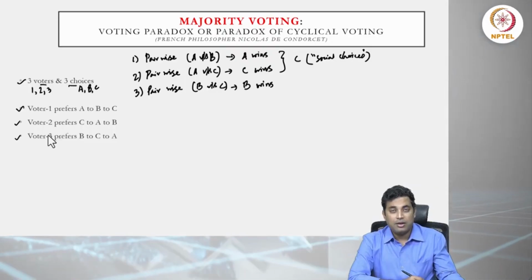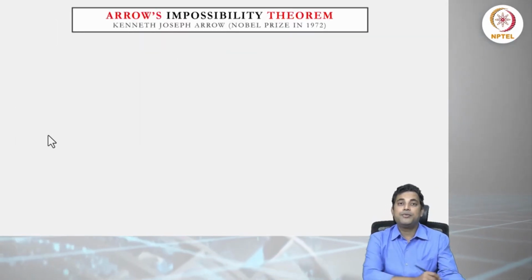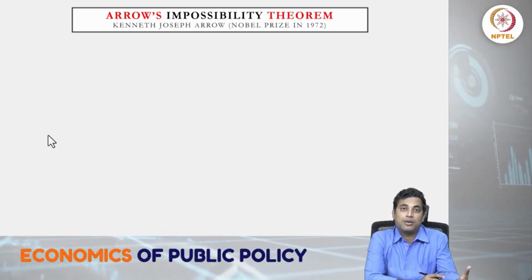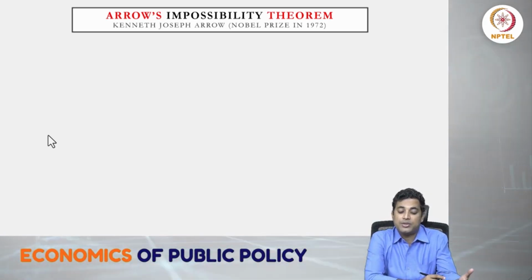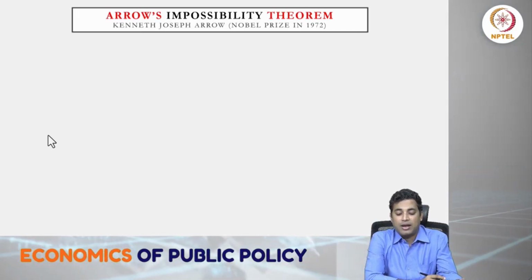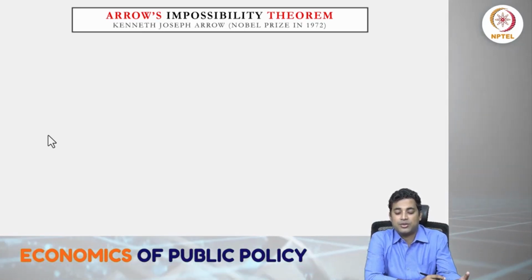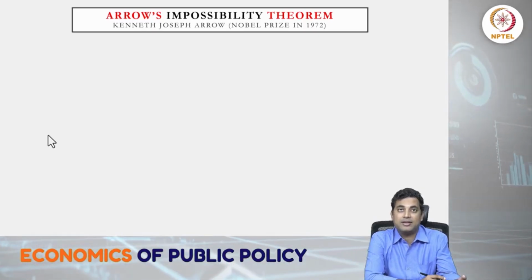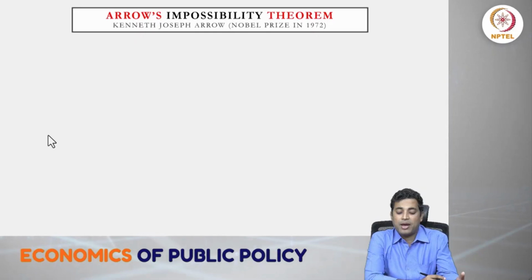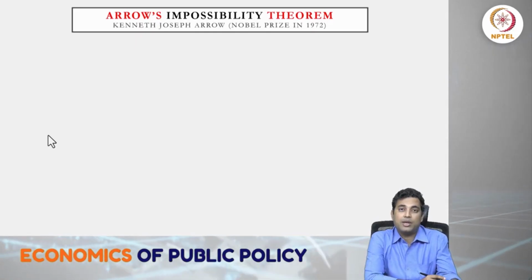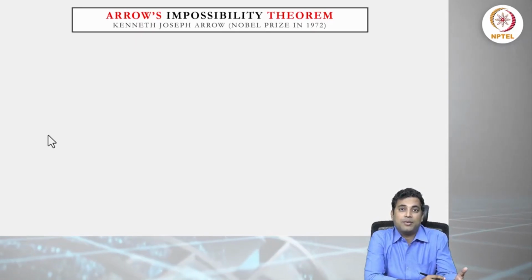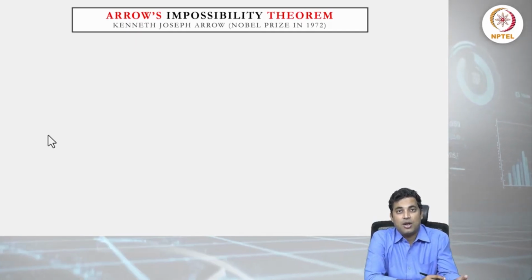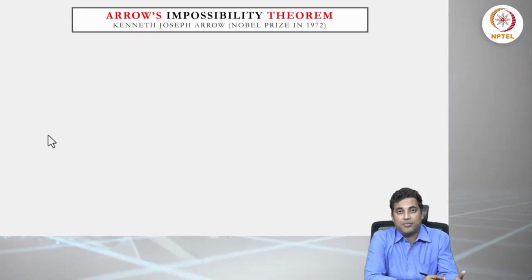So now we move to the next important topic, what is popularly known as Arrow's impossibility theorem. Arrow is Kenneth Joseph Arrow, who also received the Nobel Prize in 1972. From Arrow's impossibility theorem, we get certain characteristics of these choices and preferences on which we can